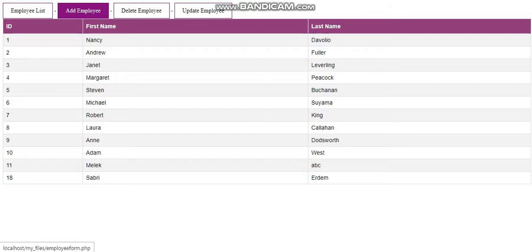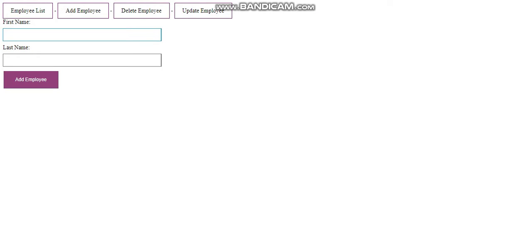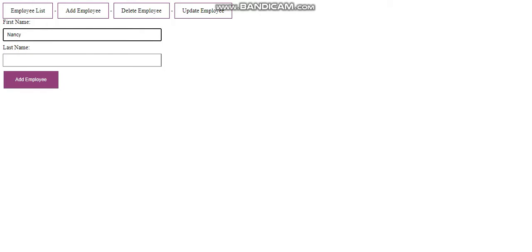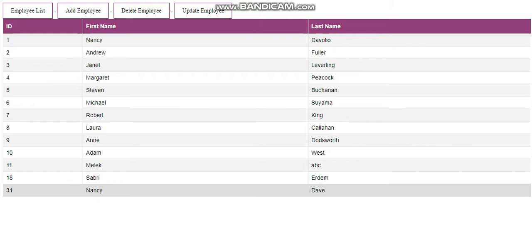And then, this is where I want to add an employee. I write the first name and the last name, for example, Nancy Dave. I wanted to add a new employee named Nancy Dave, and I click add employee. So this is 31 because before that I tried to add and delete several times. As you can see here, Nancy Dave was added as 31, and the ID